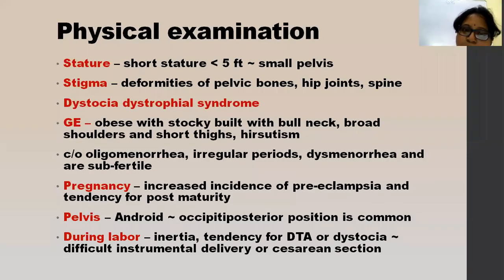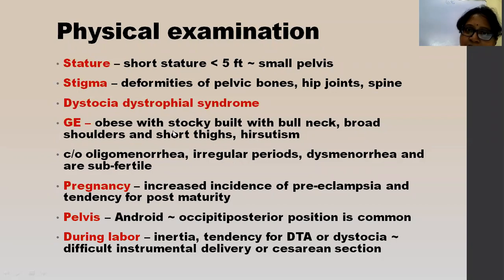This is called hirsutism. So if the woman has hirsutism, if the woman is obese with stocky build, with a bull neck, broad shoulders, and short thighs, then we have to look for other signs and symptoms, like she will be complaining of oligomenorrhea. What is oligomenorrhea? When the period comes at intervals of more than 35 days. So she will be complaining of irregular periods, dysmenorrhea, and these patients are usually subfertile and they visit for fertility. When the patient presents with all these problems, then we can clearly say that she is a clear-cut case